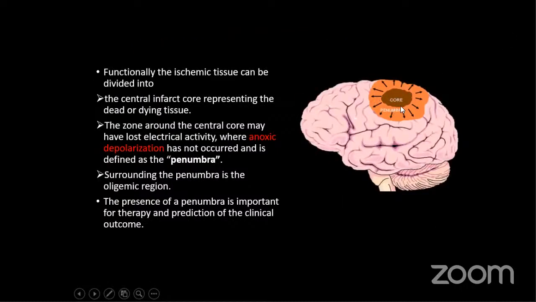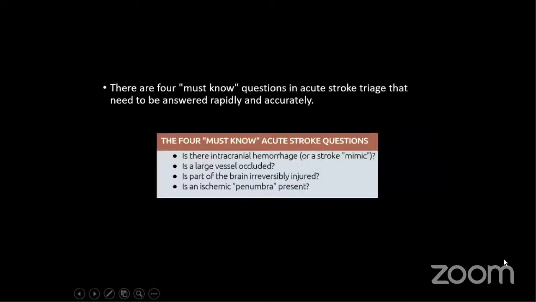In this picture, just see, the core that you see is dead or dying tissue. This orange area is the area you are aiming at to try to salvage by thrombolysis or any active intervention. So, while choosing